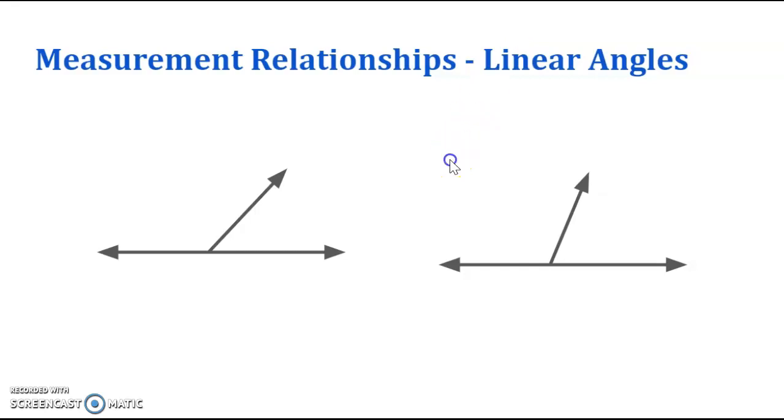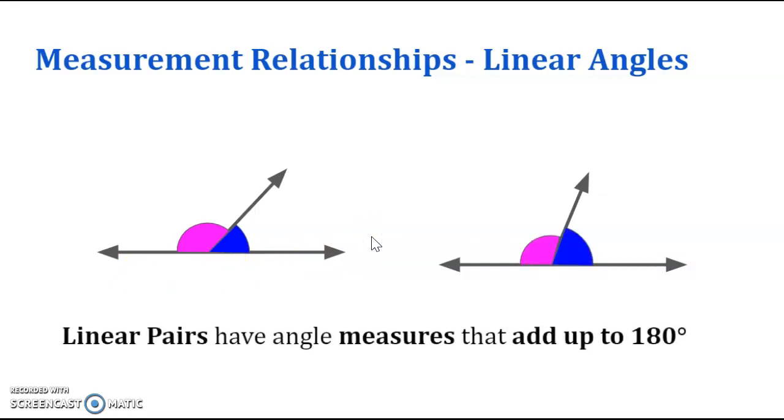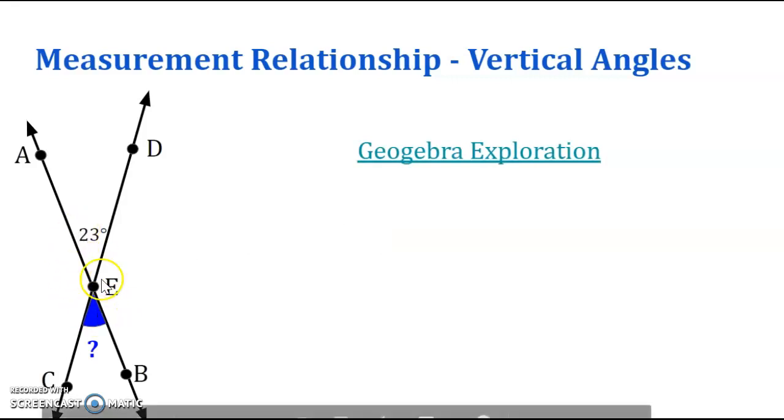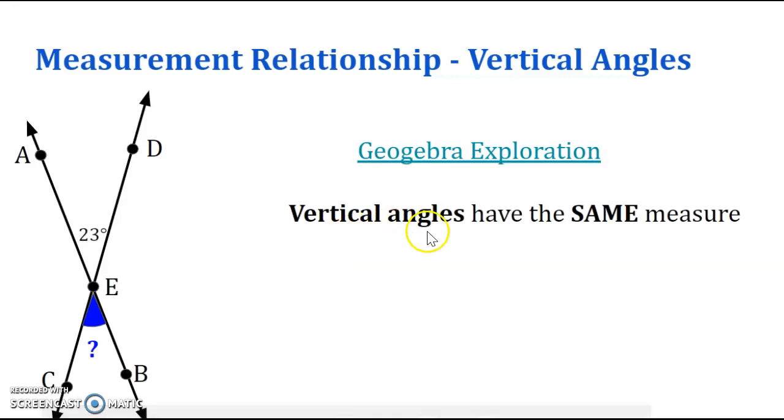Alright, so then we talked about linear relationship. If two angles form a straight line, then they are always going to add to 180 degrees. Okay, also we talked about vertical angles, and that when they are opposite one another, they are going to be identical. Vertical angles have the same measurement. So the measure of angle CEB is 23 degrees, because we know that angle AED